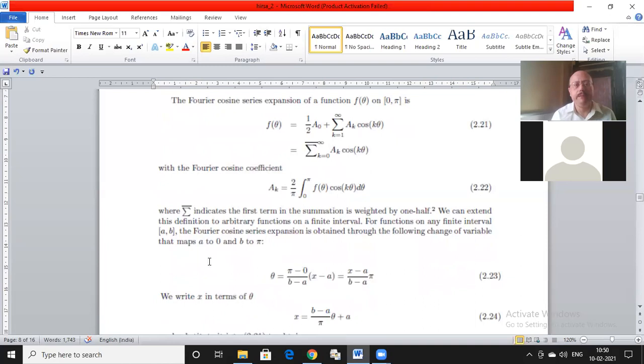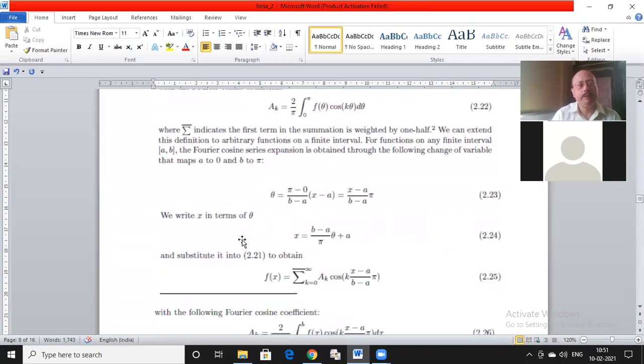So suppose I have a range a to b, some finite range a to b. All I need to do is define theta equal to this. So if x belongs to a to b, then theta will belong to 0 to pi. That's the typical standard linear transformation we have been using from our high school. So talking about 0 to pi does not lead to any lack of generality, but it leads to the choice of a finite interval. And that's what I mentioned earlier, that for cosine expansion, I need to decide on a finite interval.